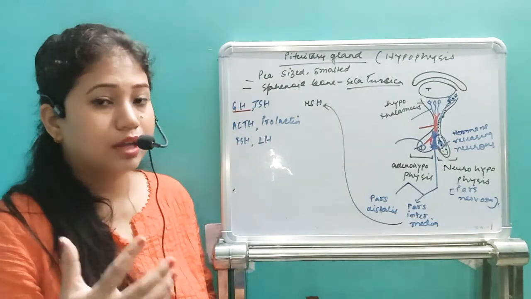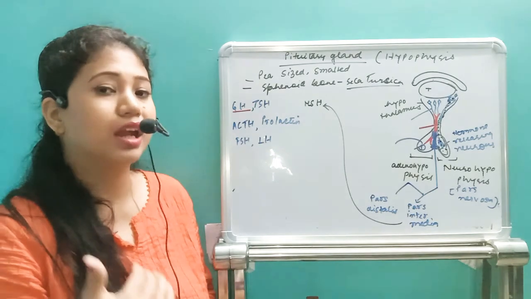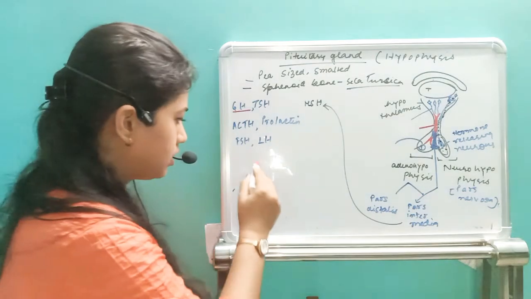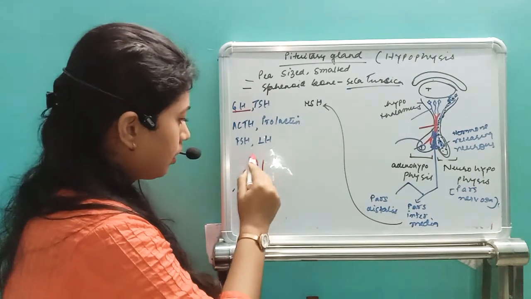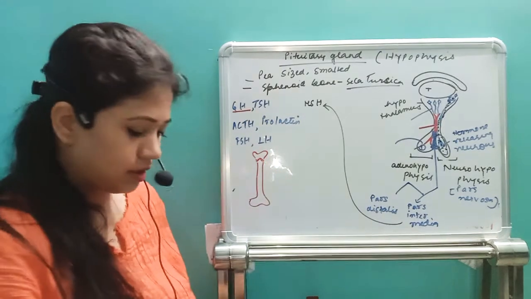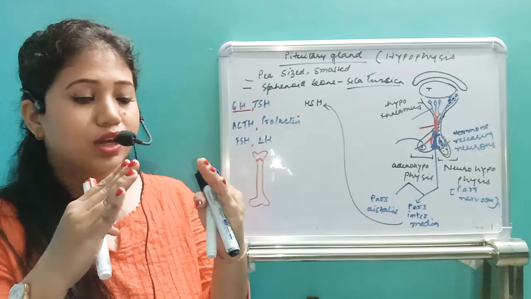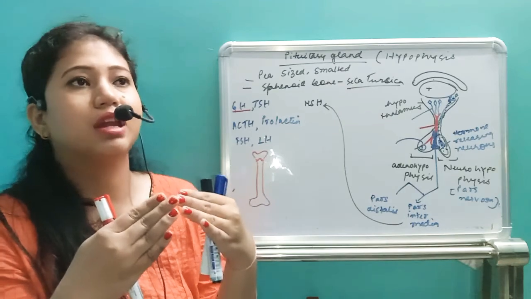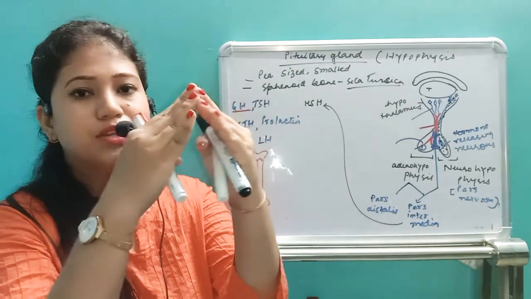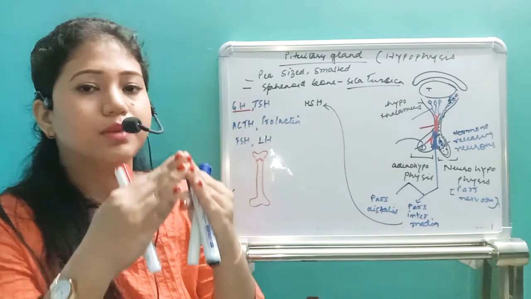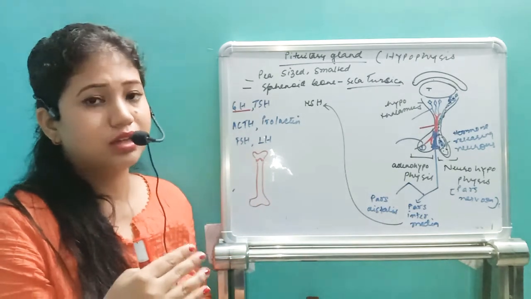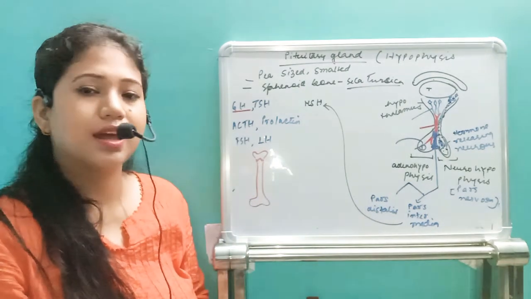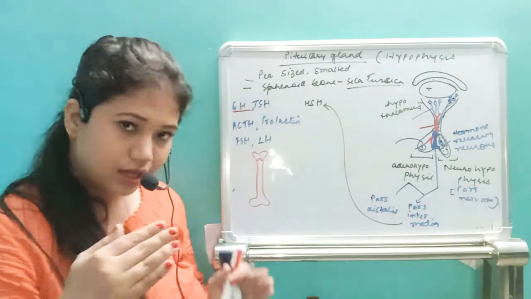So in the infant stage, we are born and our body continuously grows until the epiphyseal plates join in the bones. If you see this bone, in the bone we are going to have the plates. This way we have the two plates. Whenever we are growing, the epiphyseal plates will go to closure, and at one period of time, like at the age of 25 or 26, the epiphyseal plates will join, right? And after that, further growth will not be possible. So that's why our growth will be restricted. We can grow until around our 20s. Then after that, it will not grow because the epiphyseal plates get attached.